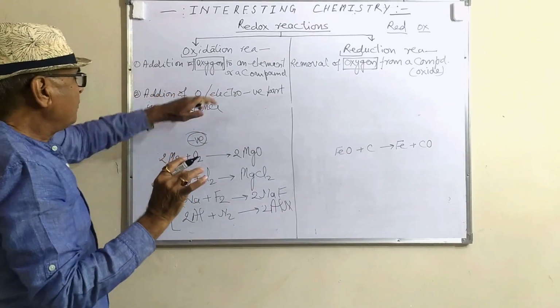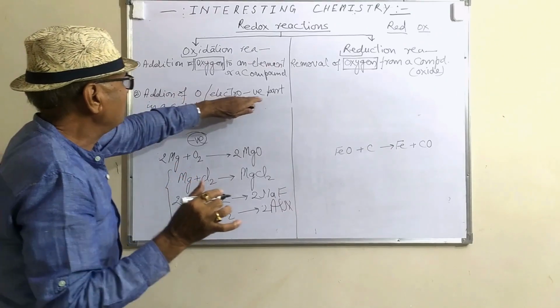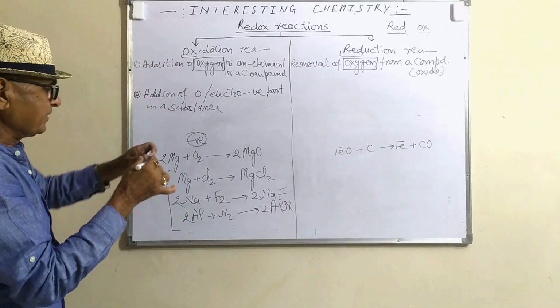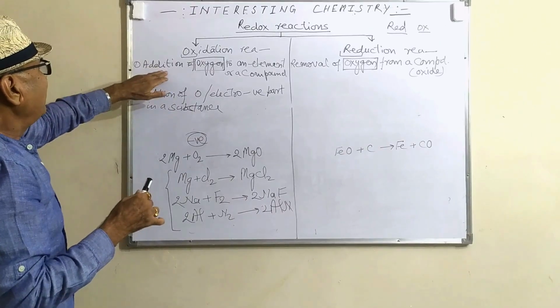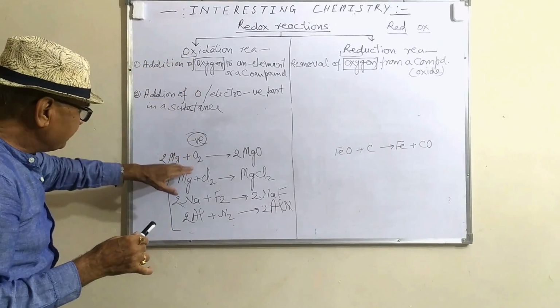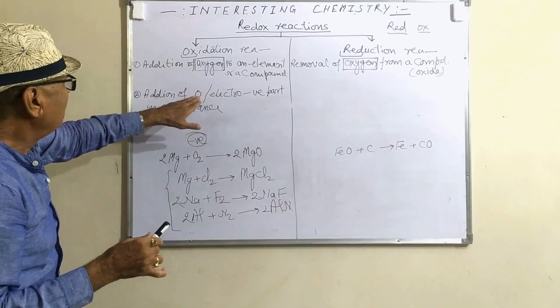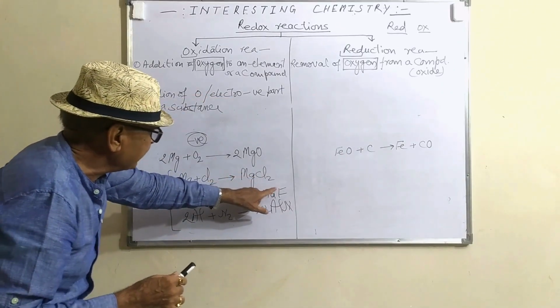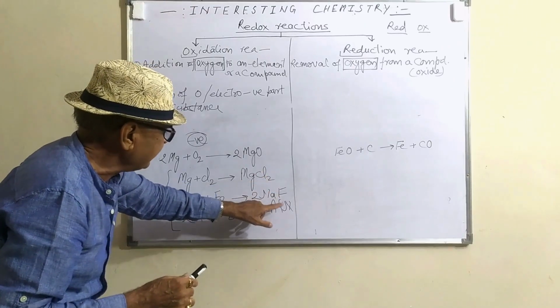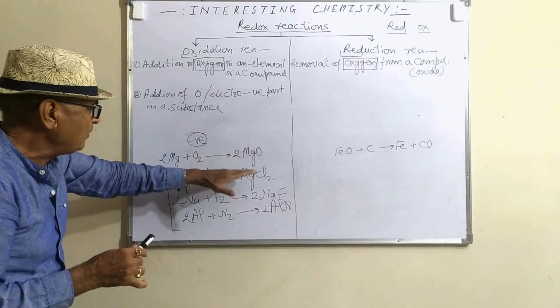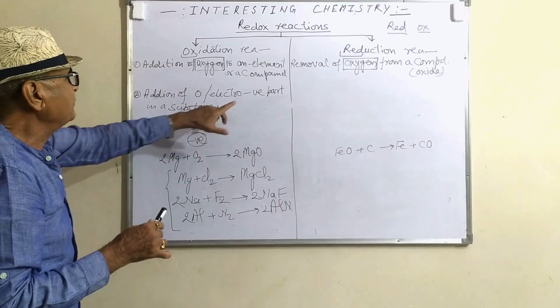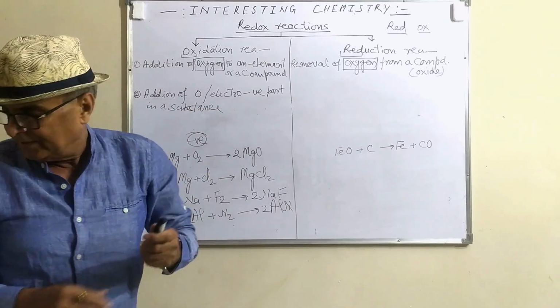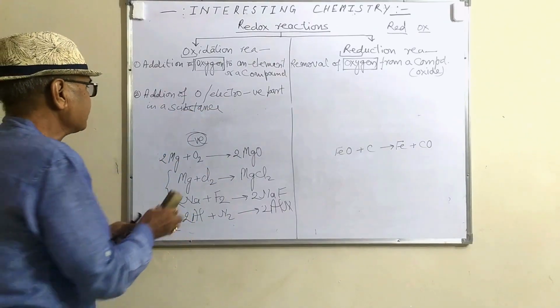So addition of oxygen or an electronegative part in a substance is called oxidation. Here I am giving the oxygen or electronegative part. These are the electronegative parts: chloride, fluoride and nitride. So you can give these as examples of the electronegative part. Now again I am telling you, to extend